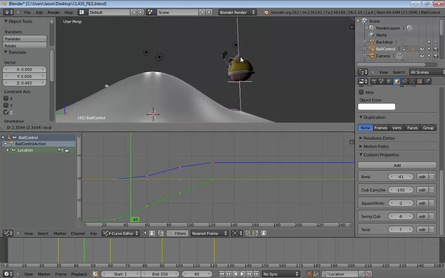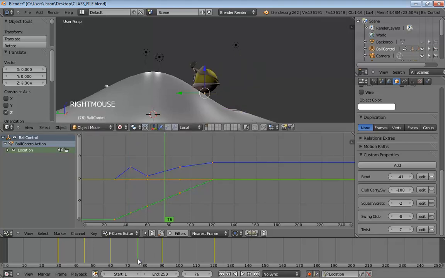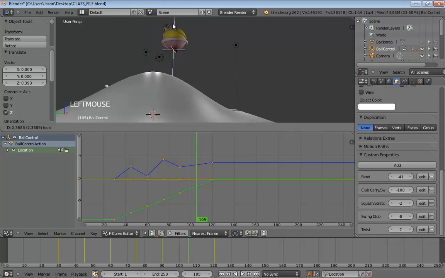We'll pull him up into the air to about the height we want him to jump. And like so.